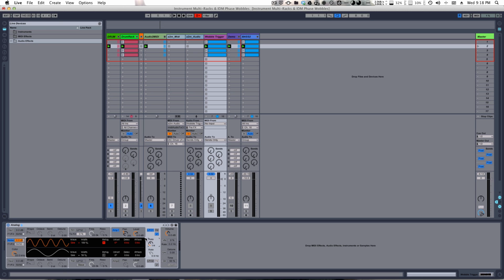Along with that wobble there, I can change the rate of the wobble here, as you saw me do earlier. That is where this comes really in handy,